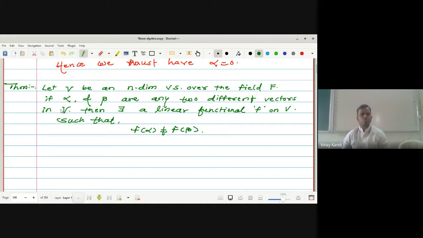For two different vectors in capital V, we have different images in our